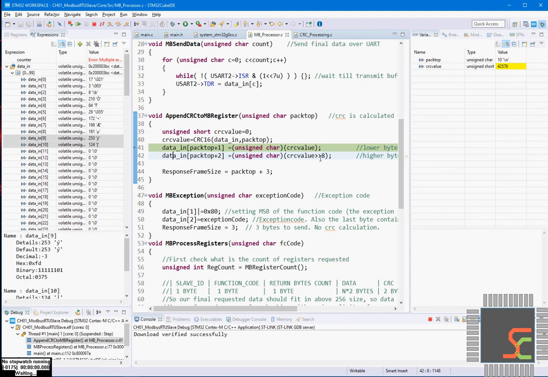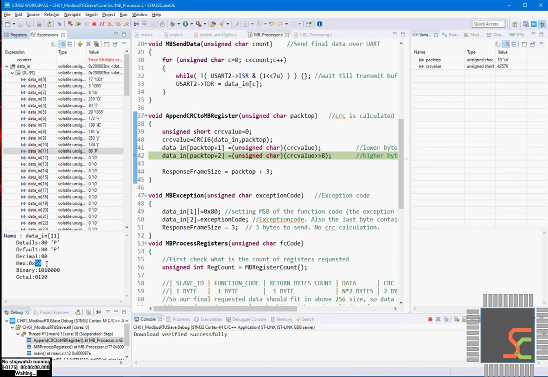So high byte is stored at the end, low byte is stored first. So we can see that 50 is the lower byte stored first, then the higher byte is stored next, that is A6.